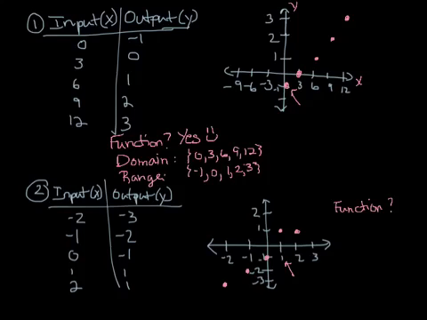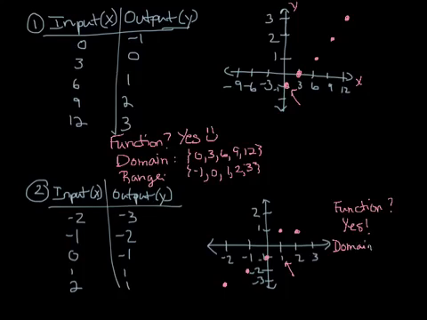So it looks like it should be no, but actually it's a yes. You are allowed to have a y value that repeats. The only thing is that you can't have an x value that has two y's that go with it. So this one, the y value has two x's, that's fine. So now our domain